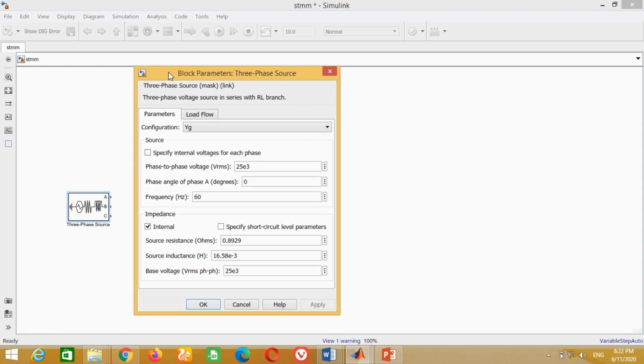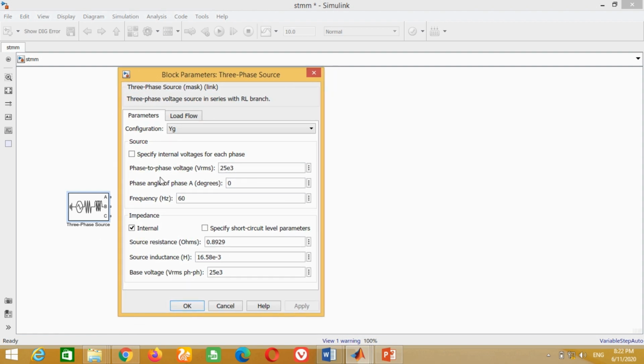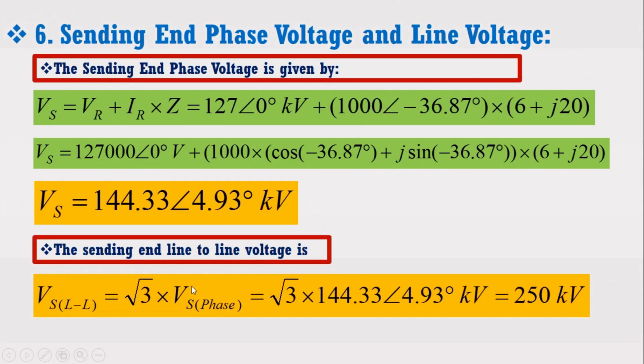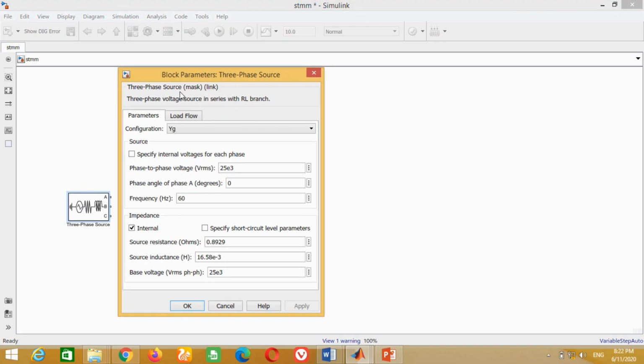Here it asks for the phase to phase RMS voltage, which is the sending end line voltage in this case. The sending end line voltage as calculated is 250 kV as shown here. Therefore, put 250 kV here. Put phase angle to 0 and frequency to 60 Hz as given in the example data.